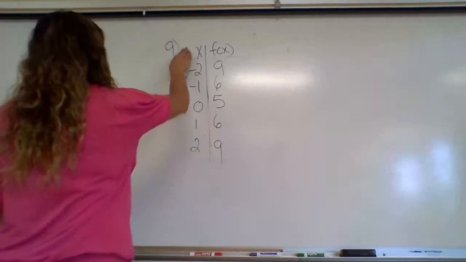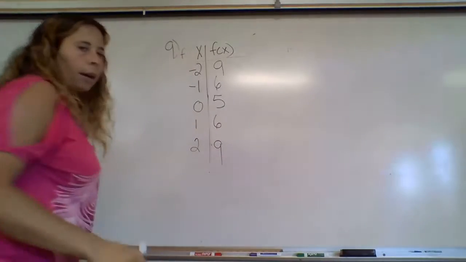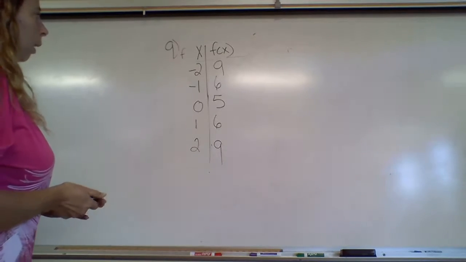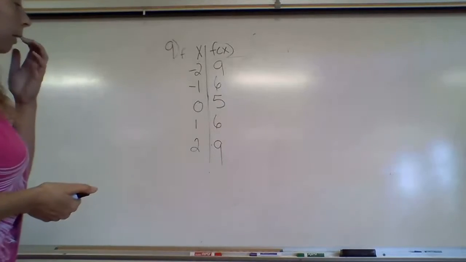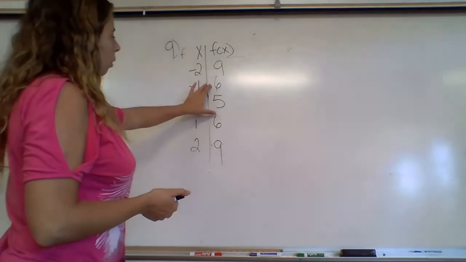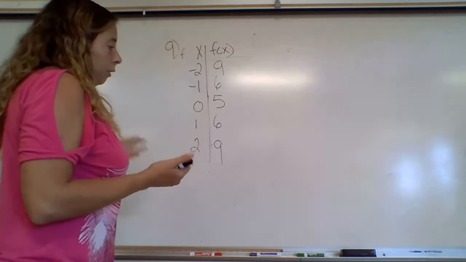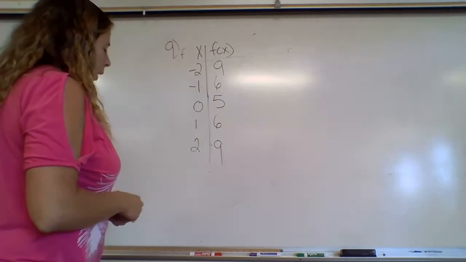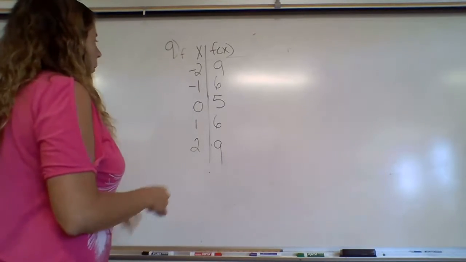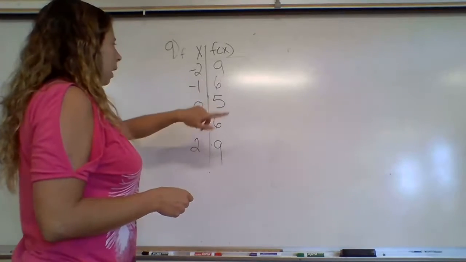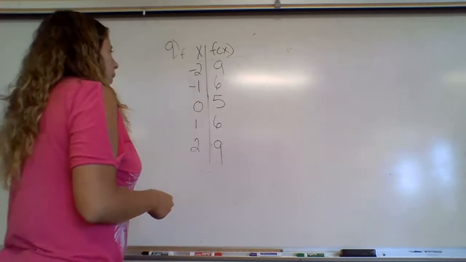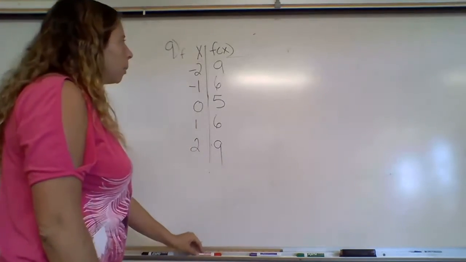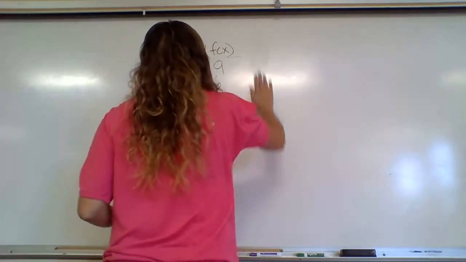Okay, oh, this is now f. All right. So they give you this table, quadratic, linear, or exponential. Well, you already can probably tell it looks a little funky because we have 2 of the same y values, which is fine, it's still a function, but we don't see that in linear or exponentials. But you can also go 9 minus 3 is 6, 6 minus 3 is not 5, so we're not subtracting 3, and we're not multiplying by the same thing each time, so it's probably going to be quadratic. But to test that,